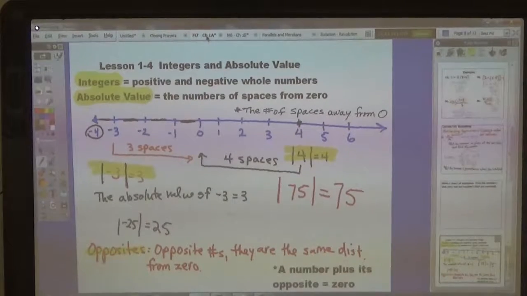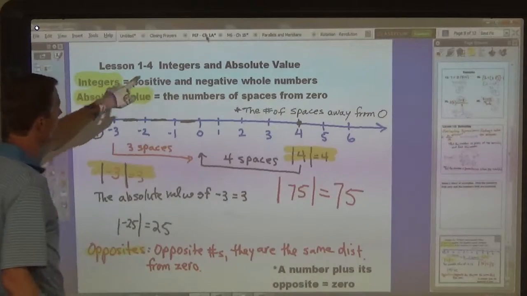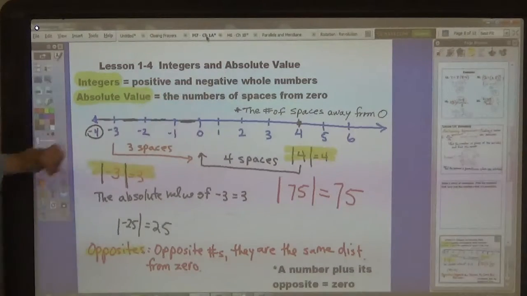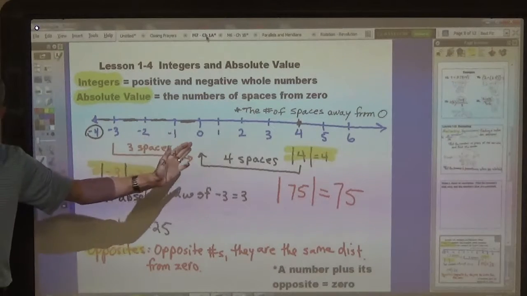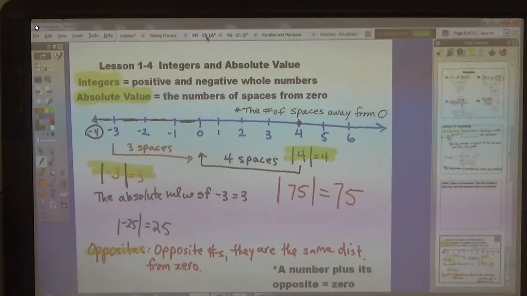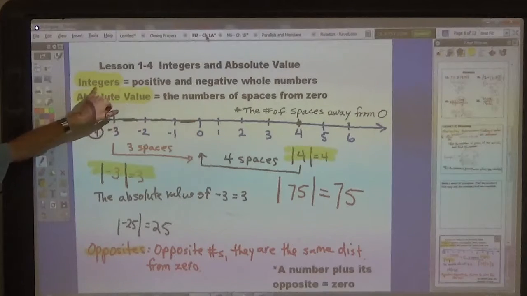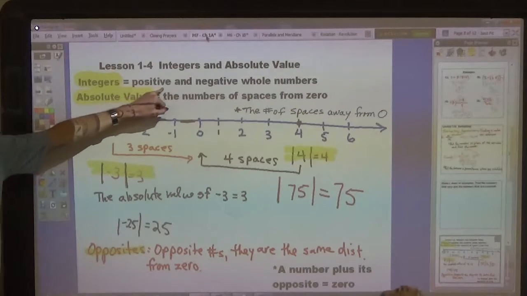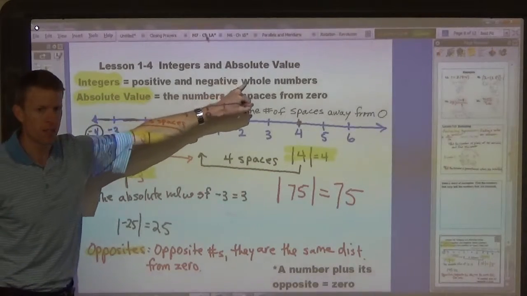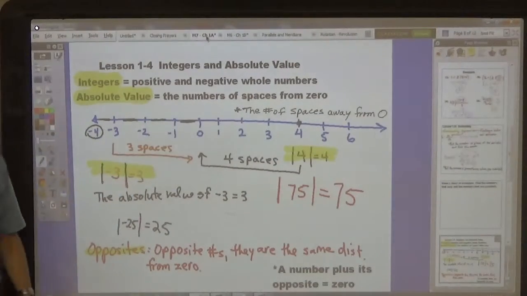Seventh graders, we're going to go through our lesson on integers and absolute value. In this lesson, we're going to be working on adding and subtracting positive and negative numbers and understanding what absolute value is. Okay? So first of all, this term integers. Integers are types of numbers. They are positive and negative whole numbers. So examples of integers are